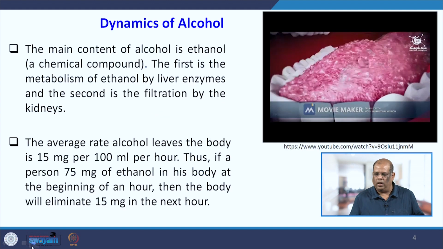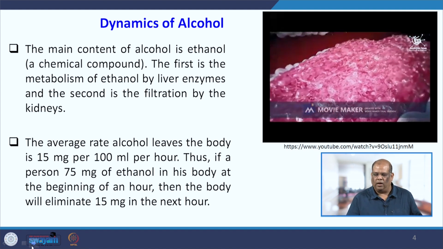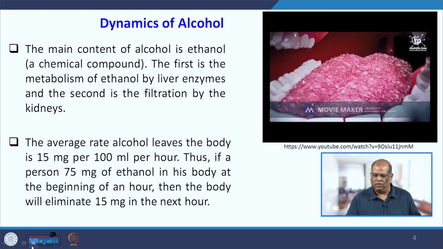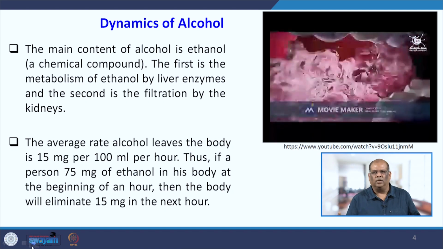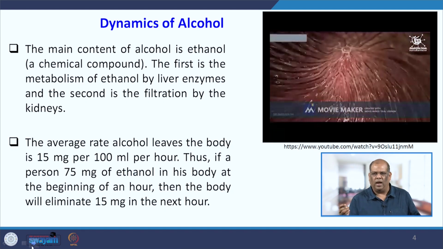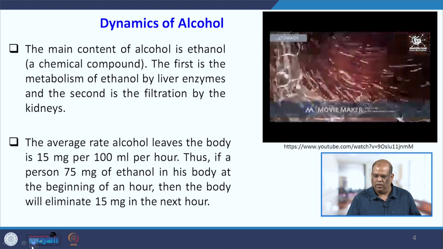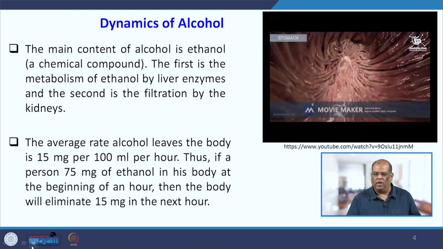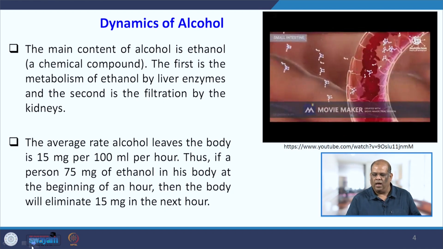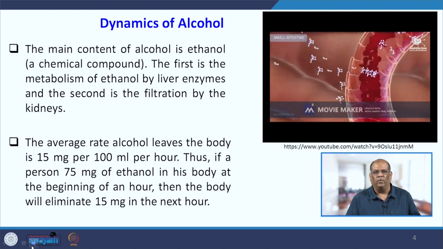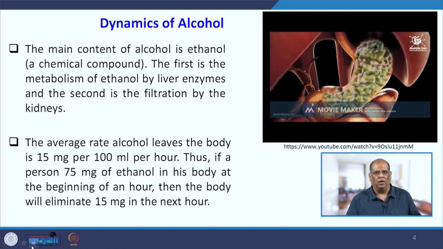If you look into the dynamics of alcohol, and if you watch the video, you will see that once you first take the alcohol, it touches the tongue. The very first thing is your alcohol enters the body through the tongue. It absorbs a little bit, but it goes into the stomach, and if you have taken some food, then it is fine. Otherwise, from the stomach it directly goes to the small intestine, where it is easily absorbed into the bloodstream. All the alcohol of one drink is absorbed within 30 minutes.